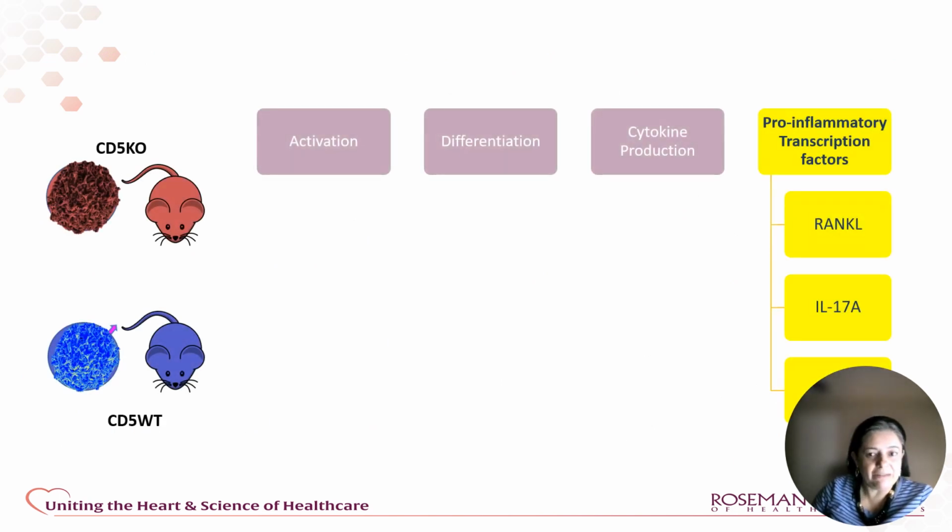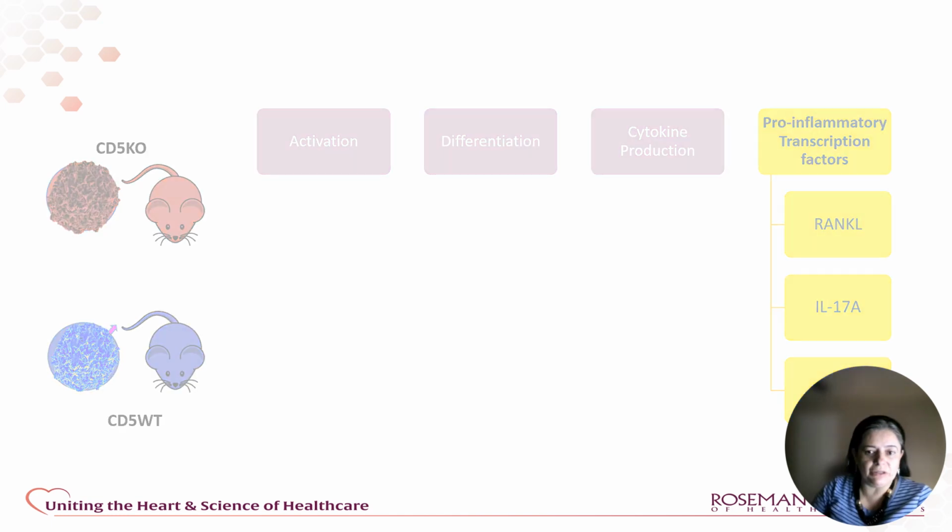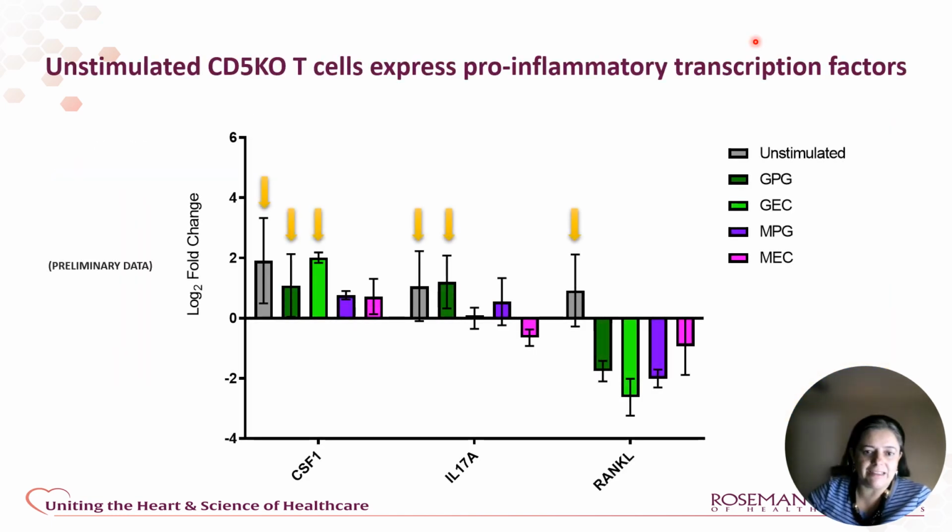Finally, we wanted to see if the transcription factors associated to those that play an important role in periodontal disease were also kind of modulated over time. And we'll look into this transcription factor. The CSF1 is a colony factor affecting a lot of cells associated to inflammation. This one was upregulated. This one was upregulated as well. And the RANK ligand, interestingly, was just upregulated in those cells that were unstimulated.